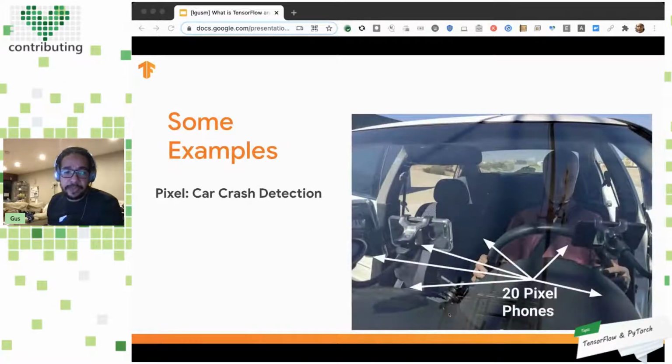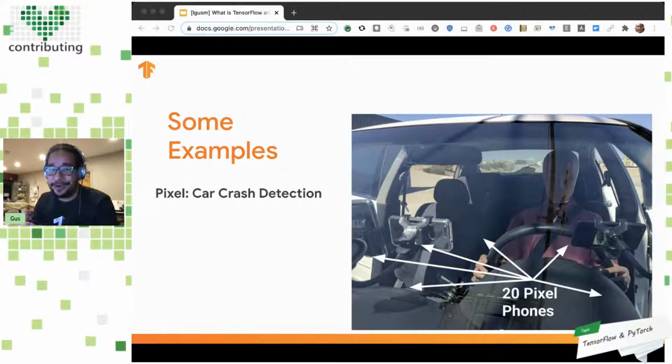There's one example that was posted today, by the way. On Pixel phones, you have a car crash detection, which what this does is whenever you are in a car, and I hope nobody ever needs this, but if you're in a car and there's an accident, the phone will detect it, and if you don't press something to stop it, it will call emergency and bring help for you. And what was posted today is that there was a driver that got into trouble, and the phone called the emergency and got to him, and he was super happy with that.